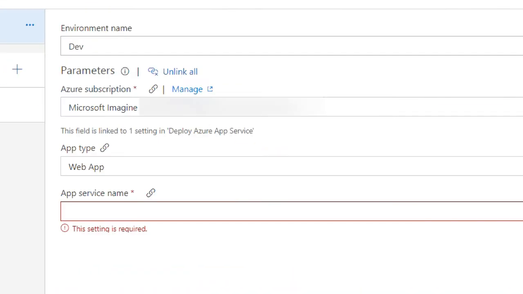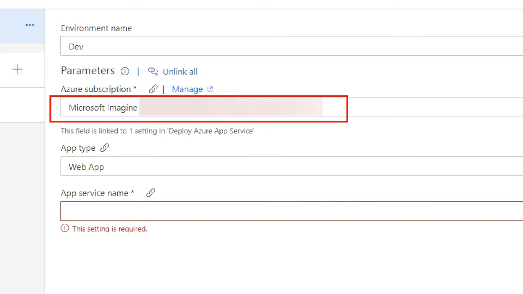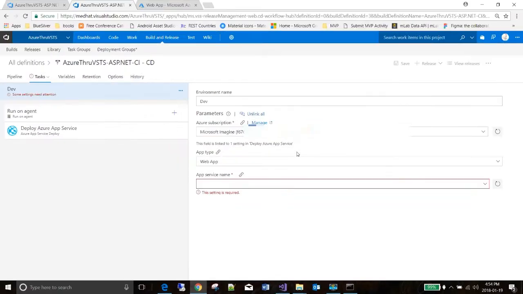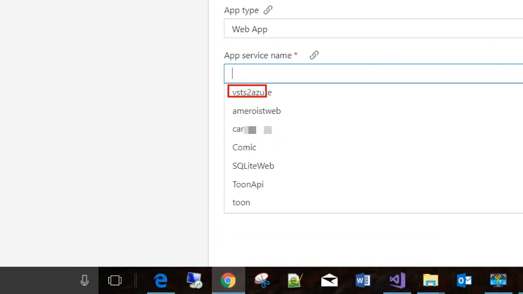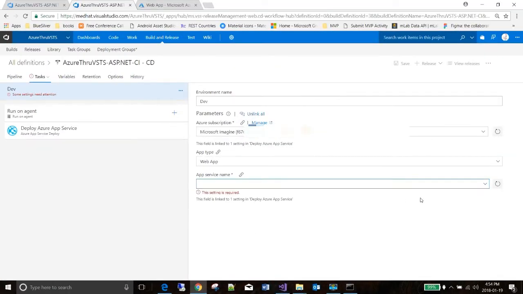You can see that it indeed has verified and validated and authorized access to my subscription. Now if I click on the drop down here, it's going to load all the web apps that I have, and I know that the one I created for this particular demo is this web app. So I'm going to choose this web app,